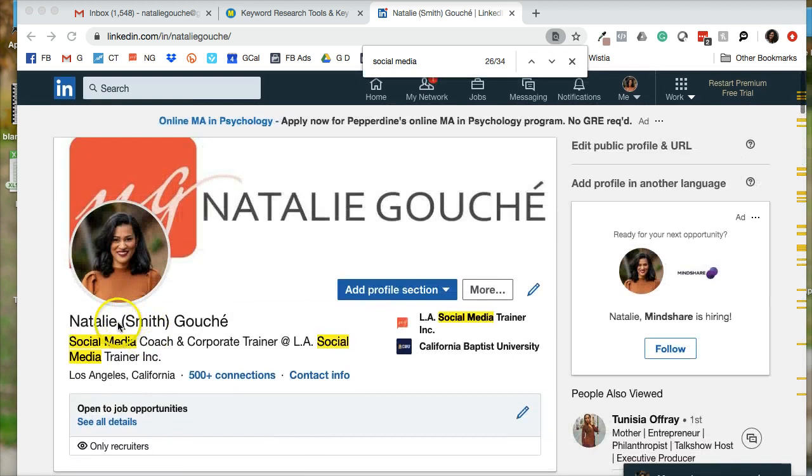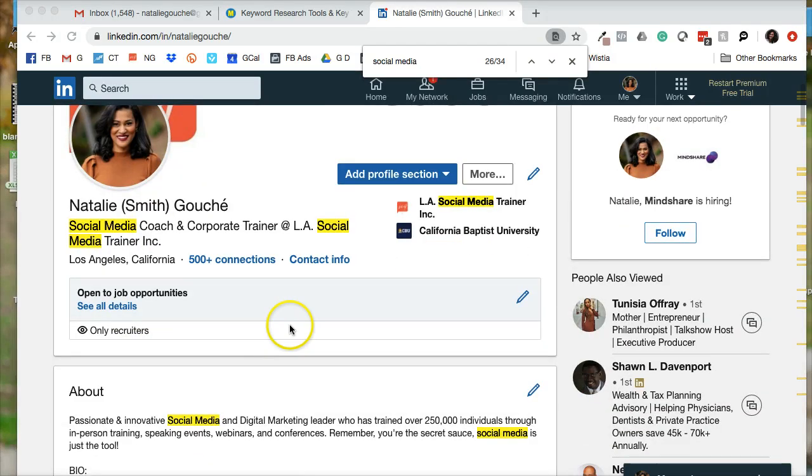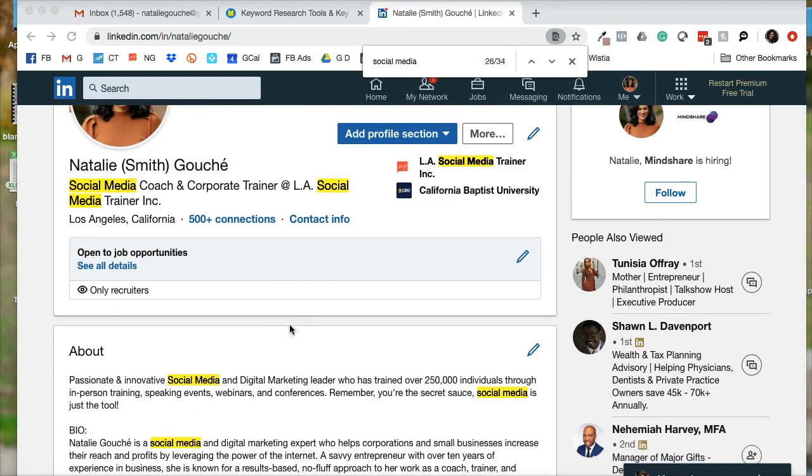Okay, so first it needs to be in your heading, whatever it is that you want to be found for, whatever it is that people are looking for. That is what you need to have in your header, not any fancy thing. Like I've seen someone recently whose header was like, we're hiring. No, put your title in your headline. Okay, come on, we're not clever here. Don't be clever here. You just need to keep it straight to the point. Okay. So headline,